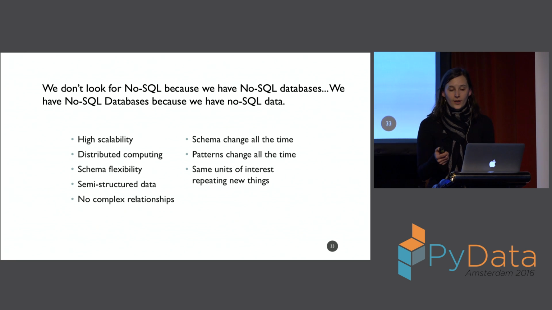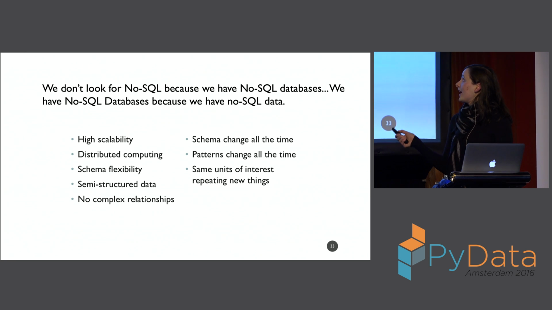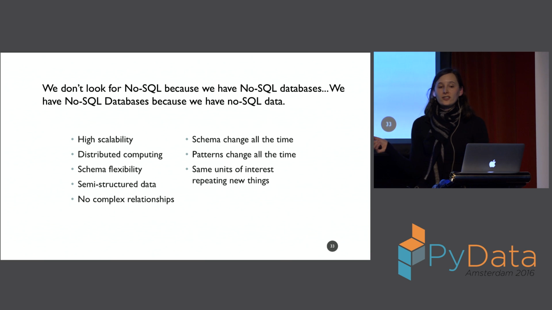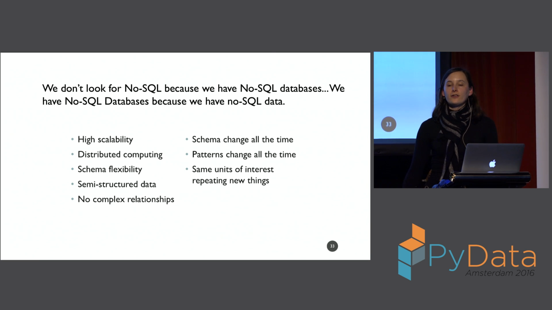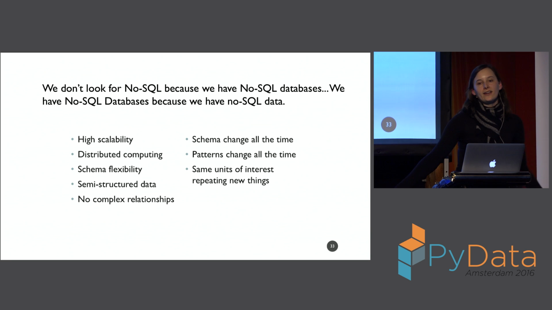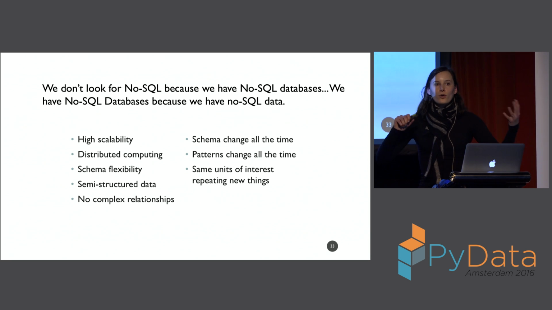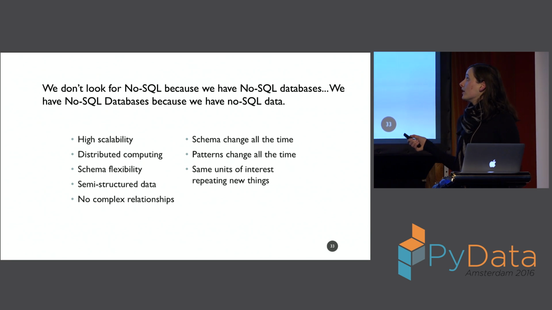So I'm not going to go through this list. I guess the ones I would highlight, though, are that the schema will be changing all the time, right? People are constantly tacking on new things as they realize they can measure them. If you have more of a SQL mindset, you're going to think, oh, no, that's another table. That's another join I need to write. That's more group by statements I need to worry about.